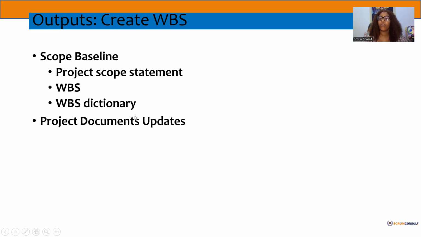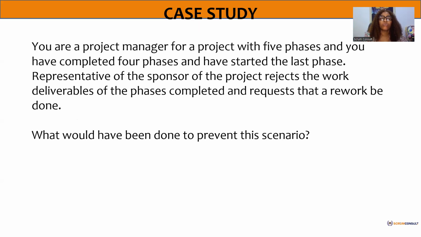If there was any update, maybe at the point that you were creating your work breakdown structure, there were new needs. You need to make sure you follow the change management control procedure, and you do what? You update. Very important. Update and communicate that update to your project team.